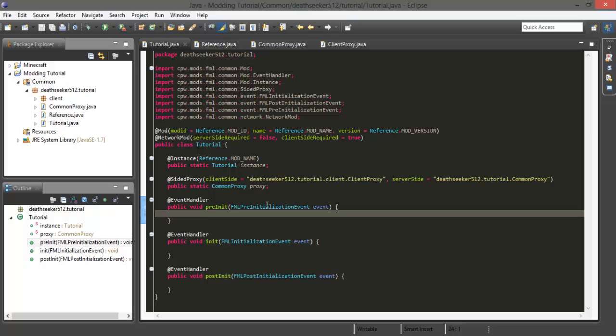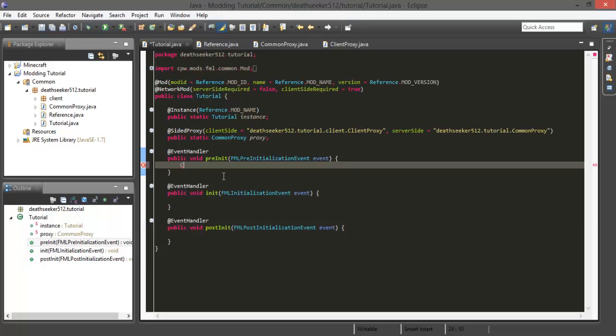I will also be using a bunch of different reference files, actual classes that we make and reference a lot of stuff from, just to clean this up a little bit. Anyways, you hit tab here, and under pre-init we are going to need to create a configuration file. Let me just minimize this. So, configuration